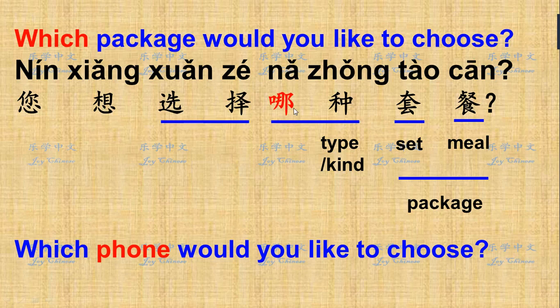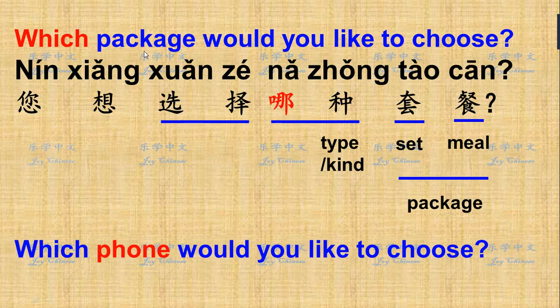So here, it's still the same order. You start with the subject, with the verb, and then include the question. So here the red means 哪种. 种 means which type, which kind,